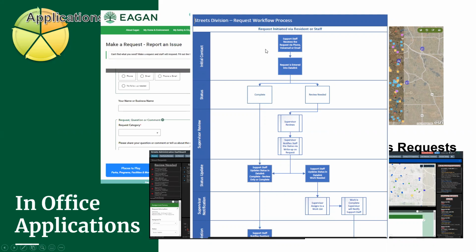Based on the type of request, it gets triaged to the appropriate person. In the instance that it goes to streets, this is the workflow it picks up. And we've got one of these for other workflows also. Hopefully this is helpful.